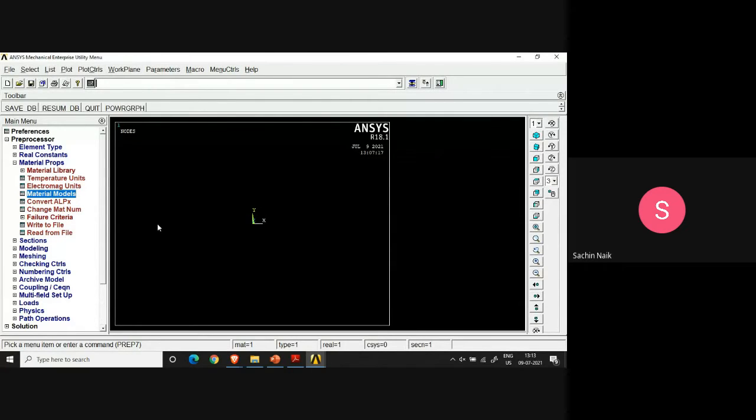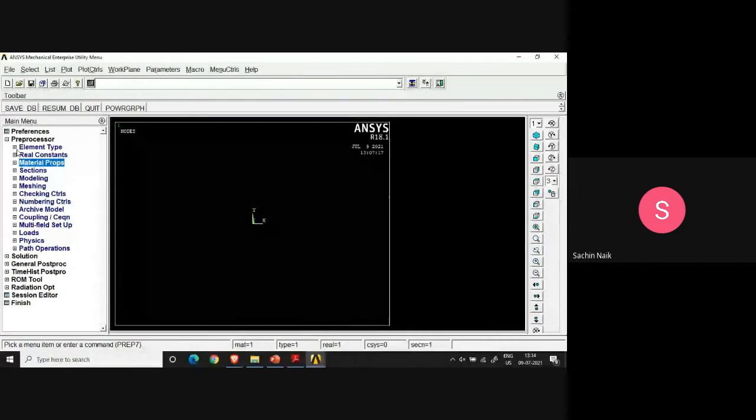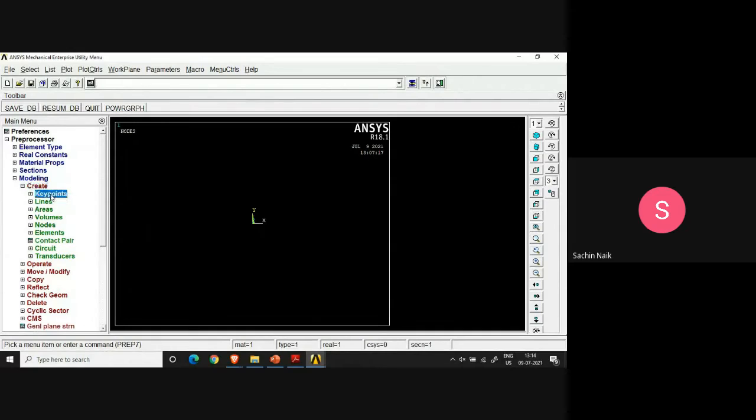Now we can go ahead with the construction of the geometry to see the demo further. As far as the geometry construction is concerned, you have to build it slowly. It begins with defining the key points of the geometry first. Remember that we are modeling only the quarter model, and it is not the full model. So I go to the modeling section in the main menu. Then I go to create. In create, I say key points. There are a number of options.